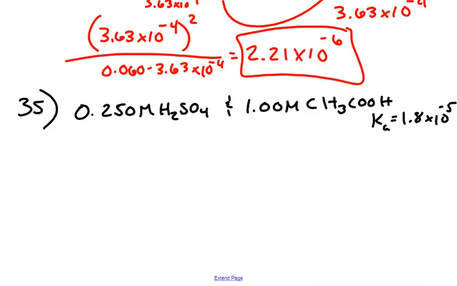Okay, so it says, what is the pH of a solution that contains, and then you have two of these. This is sulfuric acid. This is actually acetic acid. Acetic acid, if you rewrite it, you don't have to, but it also looks like that. This is the more common way of writing it because in our orgo